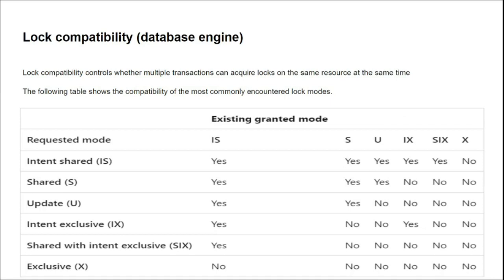So lock compatibility controls whether multiple transactions can acquire locks on the same resources at the same time. So under transaction, I mean multiple transaction and resource line